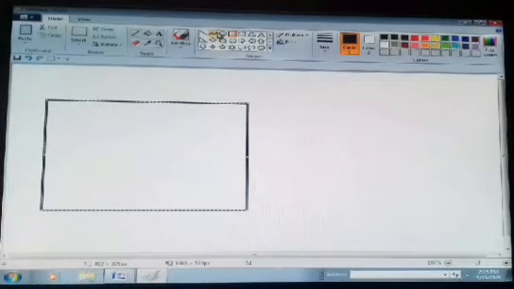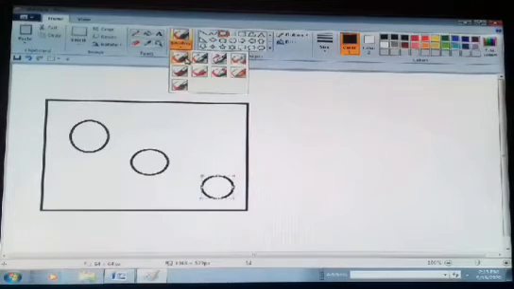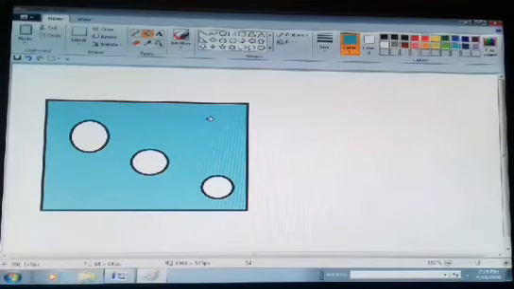Okay students, and take another shape, and inside this I am drawing an object like your figure number 5.1. Then you have to fill color here. Look students, first of all we have to select the brush. Then choose the color from here and just click on it, and then we have to choose the green color.